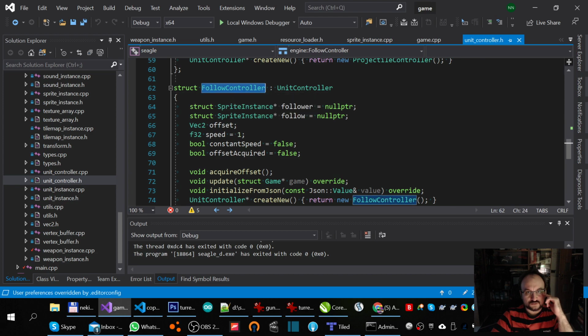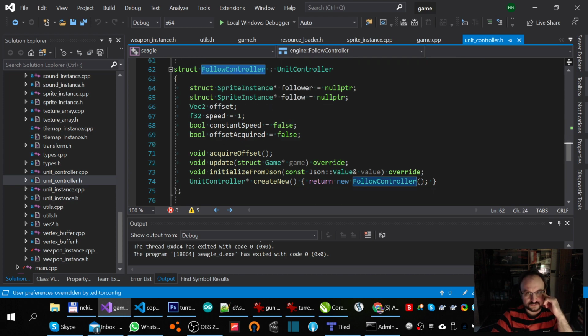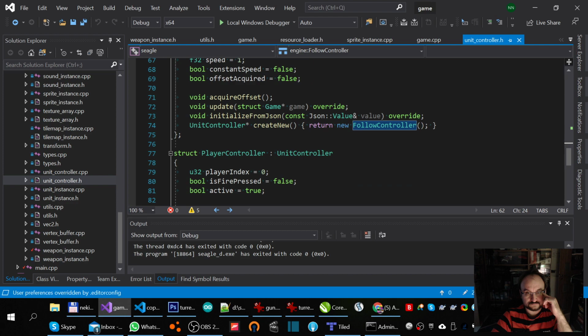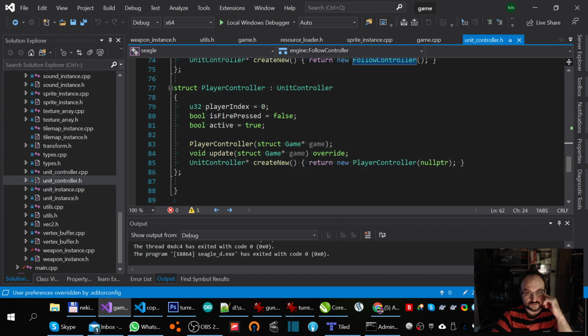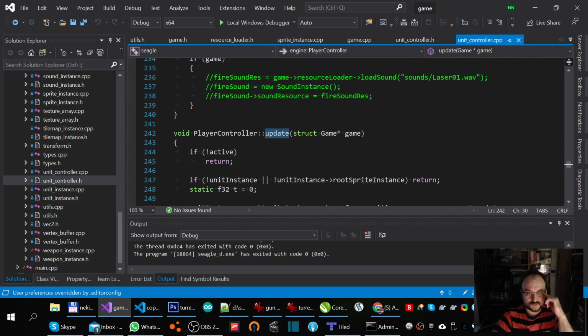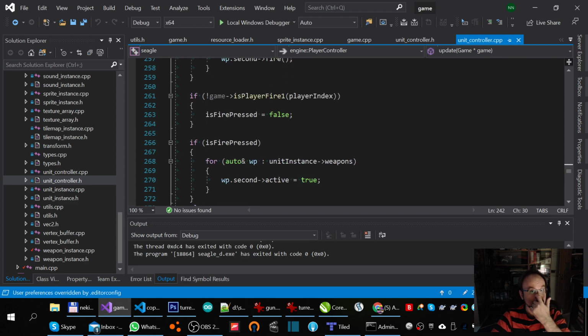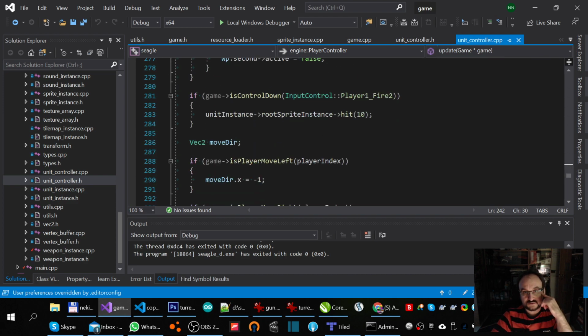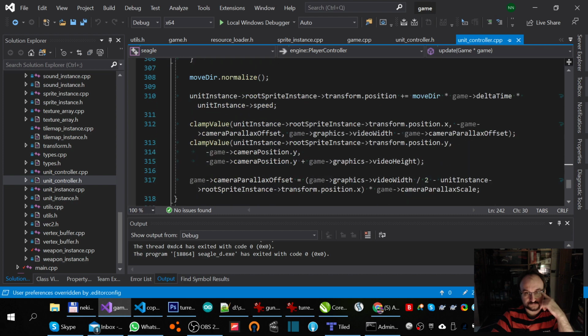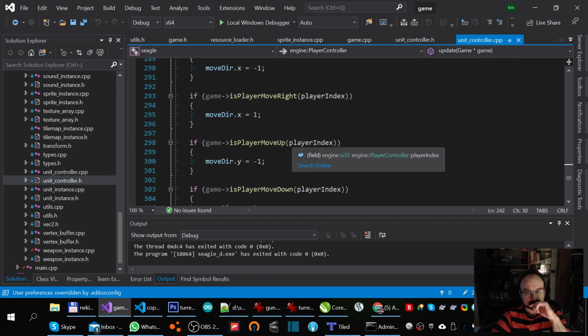This is the follow controller that makes a unit follow another unit. This is the player controller with the update keyboard stuff. If key presses, control down. But I'm really thinking on converting them to Lua,